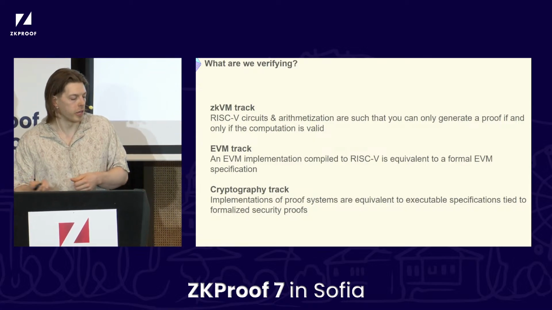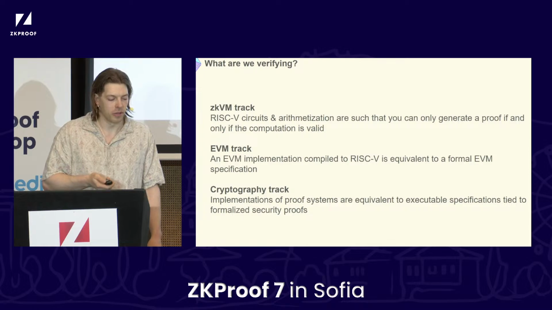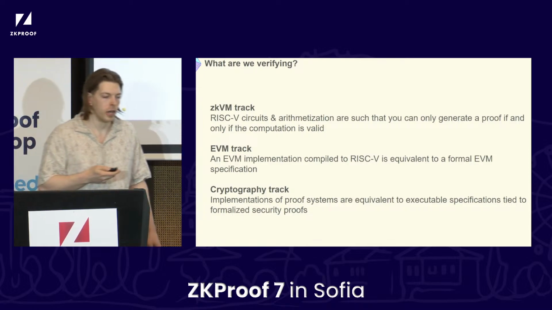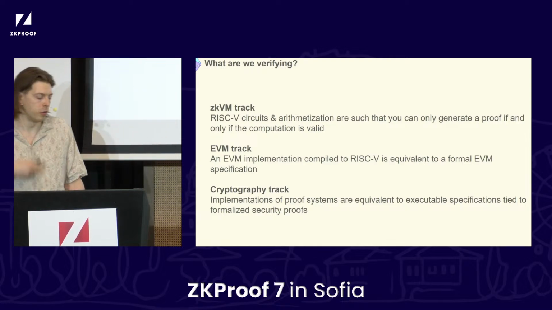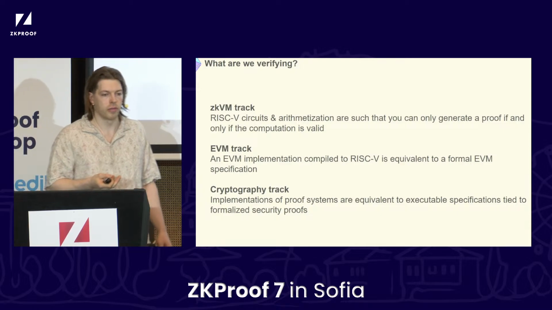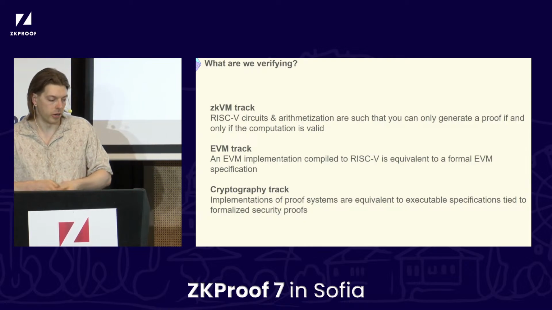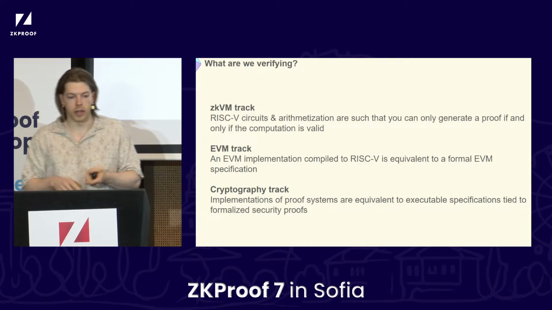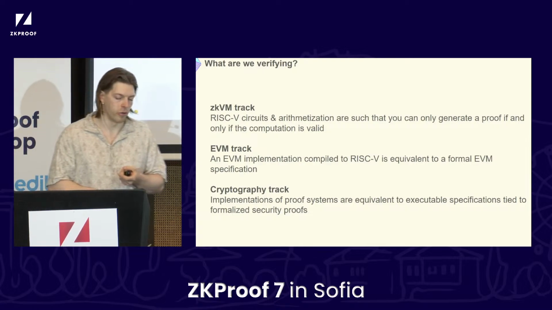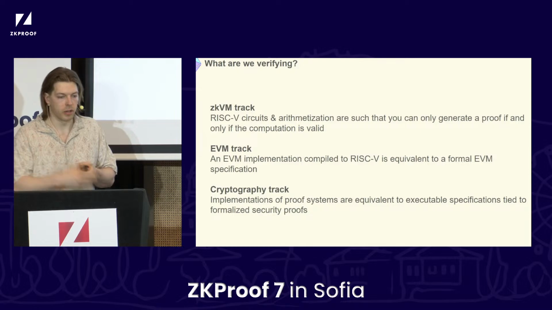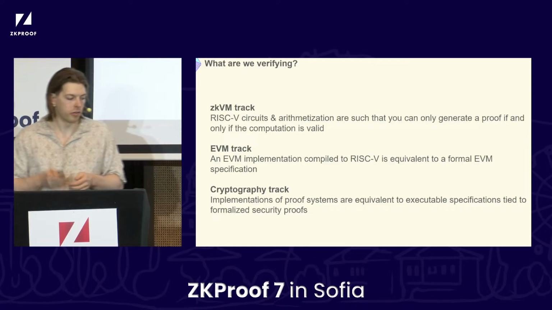And then the last track is about cryptography. The zk part, or succinct, if not zk, of zkEVMs is that you have a proof system that has to run on top of them. Proof systems have been changing quite a bit. There are obviously a lot of people working on new proof systems all the time, and we want to make sure that if you're building a zkEVM, you can switch to a new proof system without too much worry about security. For us, this means developing executable specifications of proof systems that are formally verified, in the sense that they're directly tied to a security proof for the expected security parameter, and then making sure that we can verify actual implementations in Rust of these proof systems against our executable specifications.